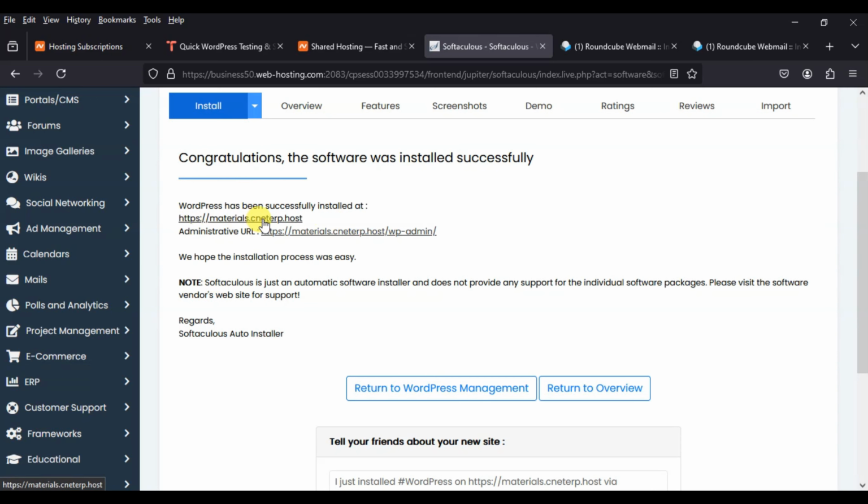The first one is what people will use to visit the site, and the second one ends with wp-admin, so it will take you to the WordPress backend for you to start building and designing whatever you want to design. If we visit the first one,